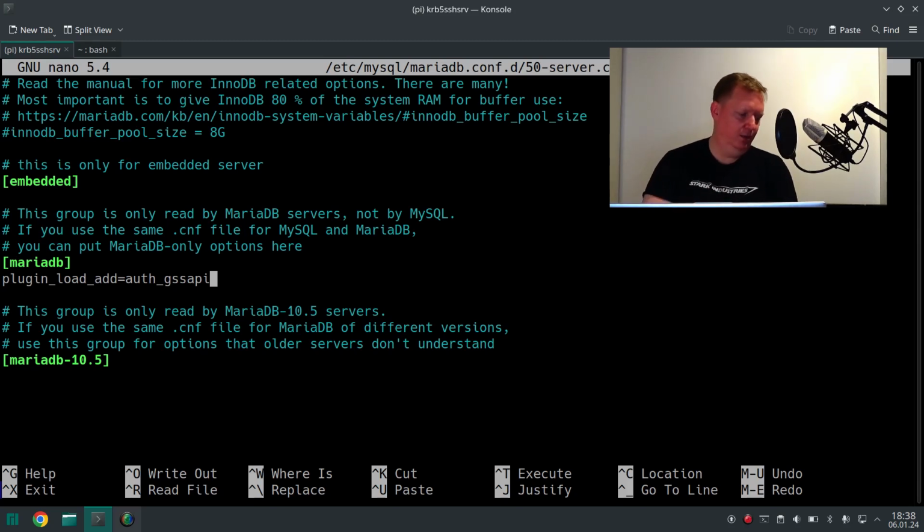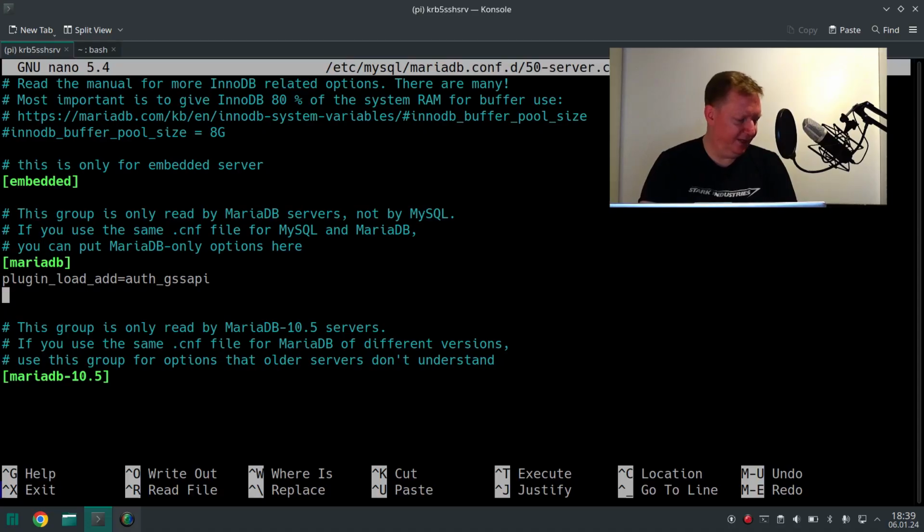Okay, with this we load the plugin, but this plugin requires a few pieces of information. It needs to know which Kerberos principal to use for the communication with the Kerberos server. That's what you do with all your Kerberos enabled services, right? And then we need to give it the password for that principal. We will do that with a keytab file as we did in the SSH server also. So, okay, to configure this,